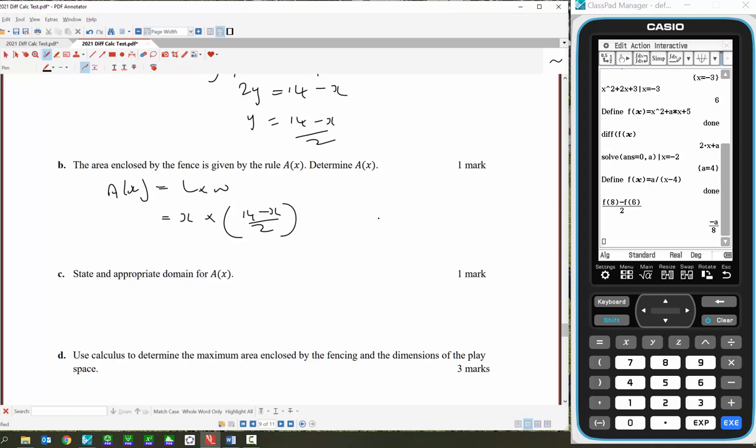So just on a quick look, you can see that, so I'll just show you. So I'm going to rewrite A of x as x times 7 take x on 2. You can see here that it's going to be 7x take away x squared on 2. Got a negative parabola, so inverted. So what will happen is, we can see here via the null factor law, so if we go A of x equals 0, x equals 0, -7, that's going to be x equals 14. So x is an element from